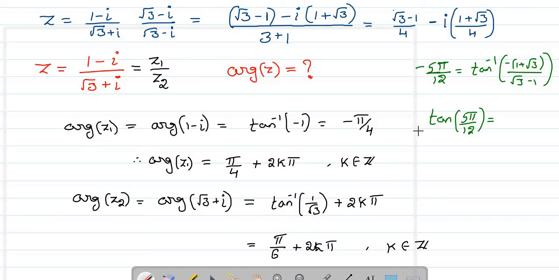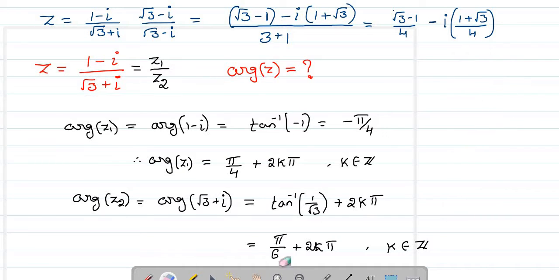Tan inverse of (root 3 plus 1) by (root 3 minus 1), sir. Root 3 plus 1 by root 3 minus 1. Okay. So when you take that minus out, that's going to be cancelled. Yeah. Okay. So this is how, sorry, this is how you can find